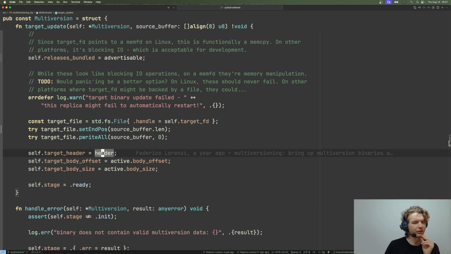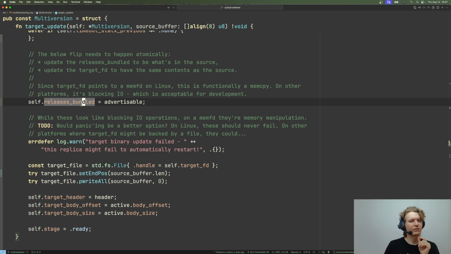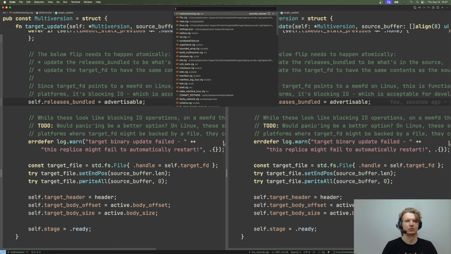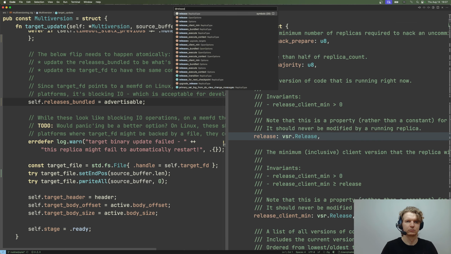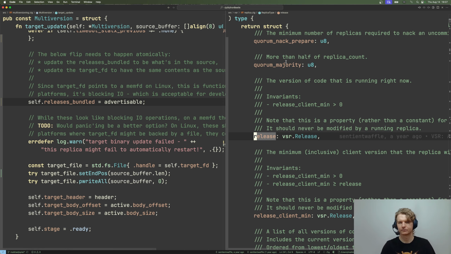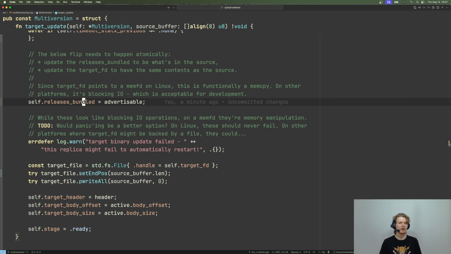Okay, and then we say, okay, now our target has header, body offset, body size, and we are ready. Okay, aha. So this is the key assignment, because this makes our releases visible in the replica and causes us to advertise. So after we've done all this, we have atomically updated the release bundle. I mean, atomically, there are no threads here. Atomically means without any asynchronous operation. So while we are running this code,